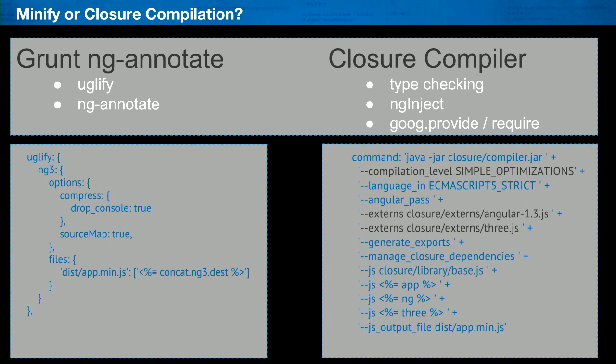In this example, I'm only using simple optimization, but there's an advanced optimization too that might work for some websites, but I haven't even figured it out yet. It's crazy. But again, Closure Compiler does type checking, of course, and also does dependency chaining. So if you have your provide requires set up, it doesn't really matter where you're actually putting files, and you can exclude entire swaths of your application, say debug tools, before you push something to production.